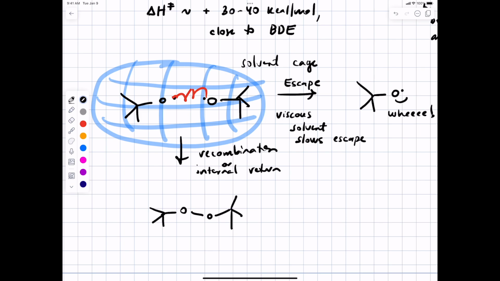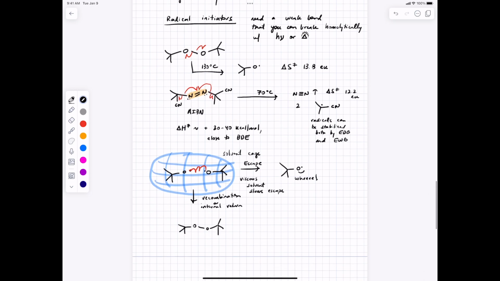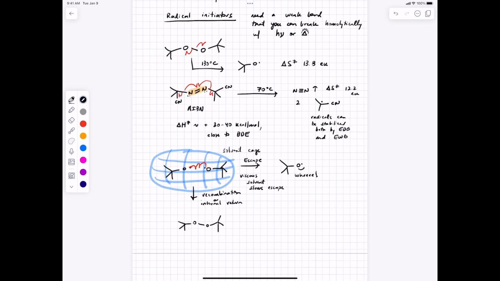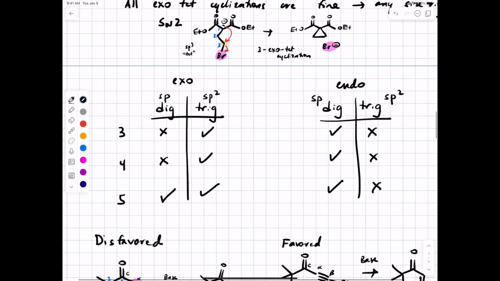All right, so we still need to answer the question of, we've talked about when are radicals okay. They're okay when you use an initiator to form them. I think in the Castle lab with the amino radical thing, the molecule you pre-synthesize is self-initiated, right? You have a weak oxime N-O bond. I don't think you guys use light. I think you just stick it in the microwave, add heat, and then you get homolytic cleavage, and you're left with a radical which cyclizes on itself, because at the right position, 5 atoms away, there's a double bond that can be attacked. Anyway,